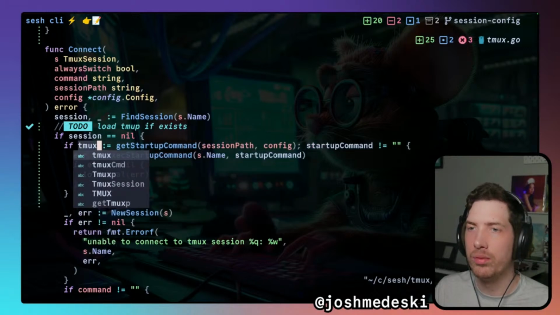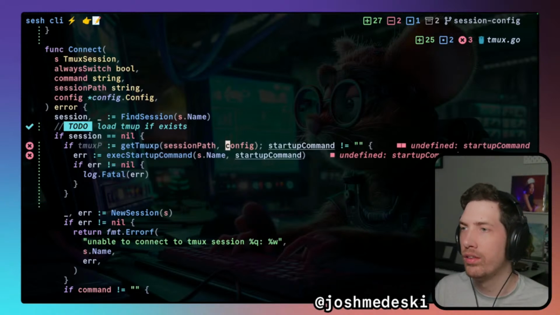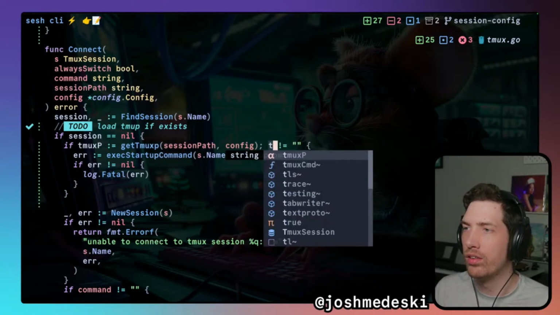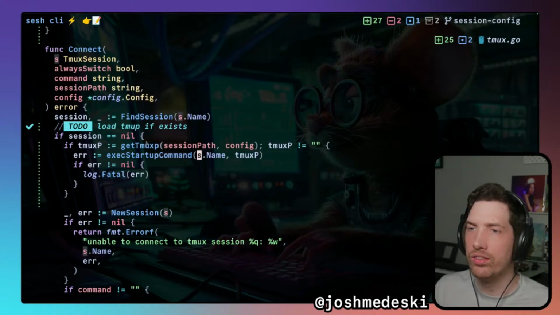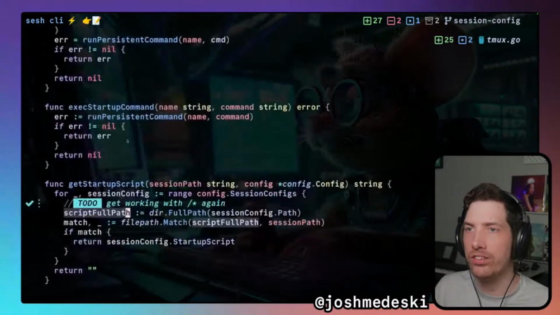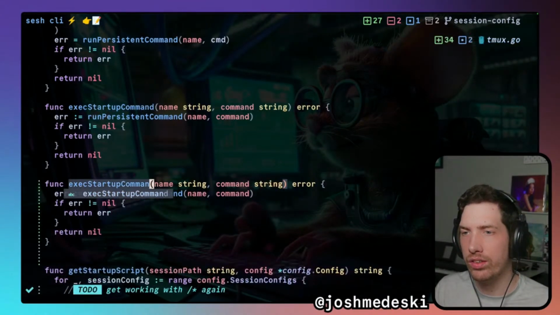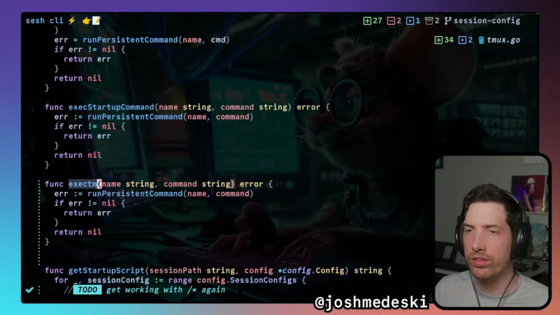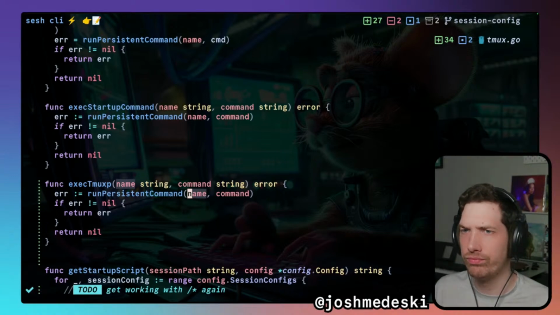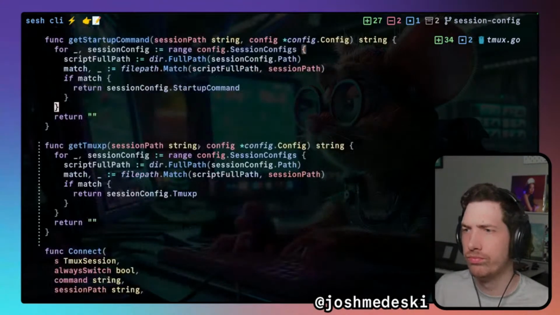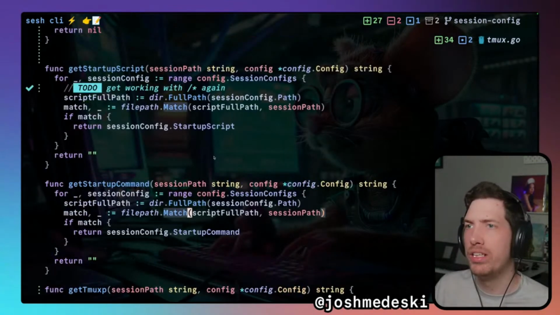If tmux.p, get tmux.p, and tmux.p doesn't equal that, then instead of getting this, executing the startup command, we're going to execute tmux.p. And so we'll be loading the